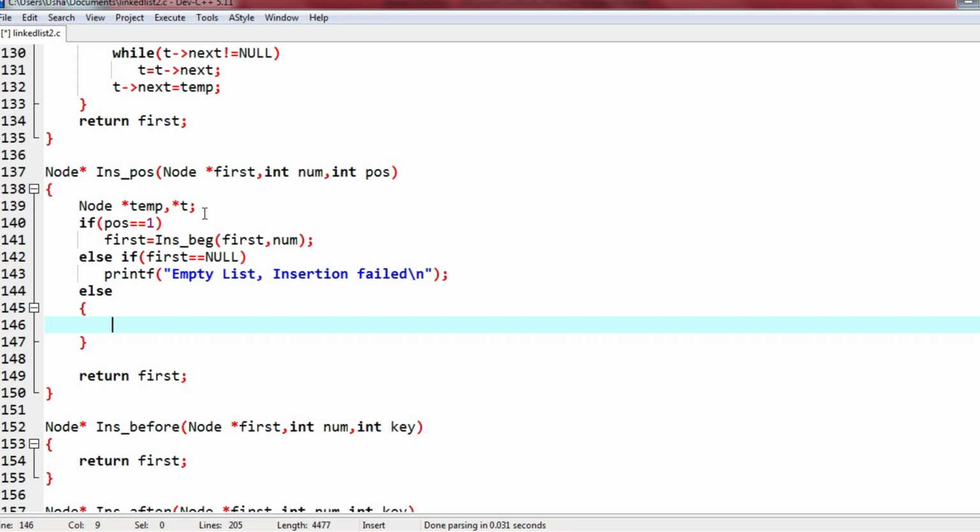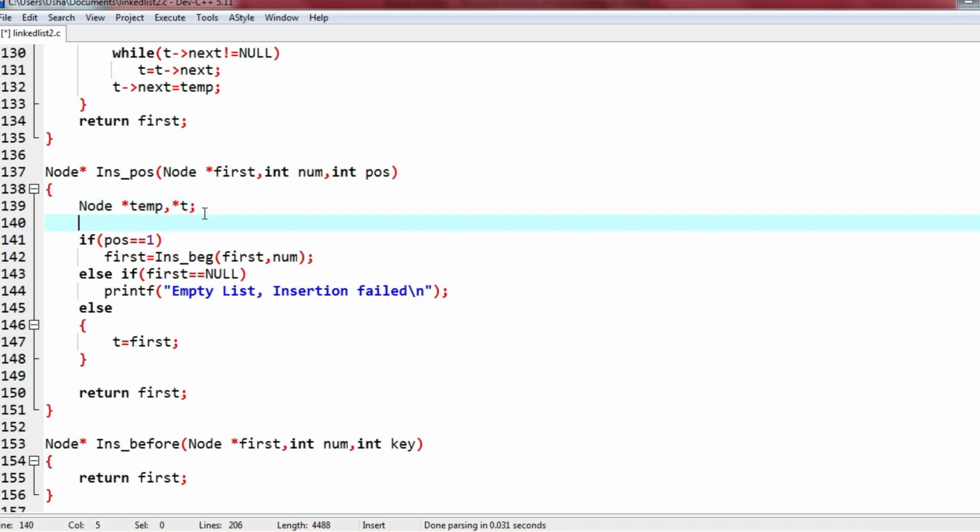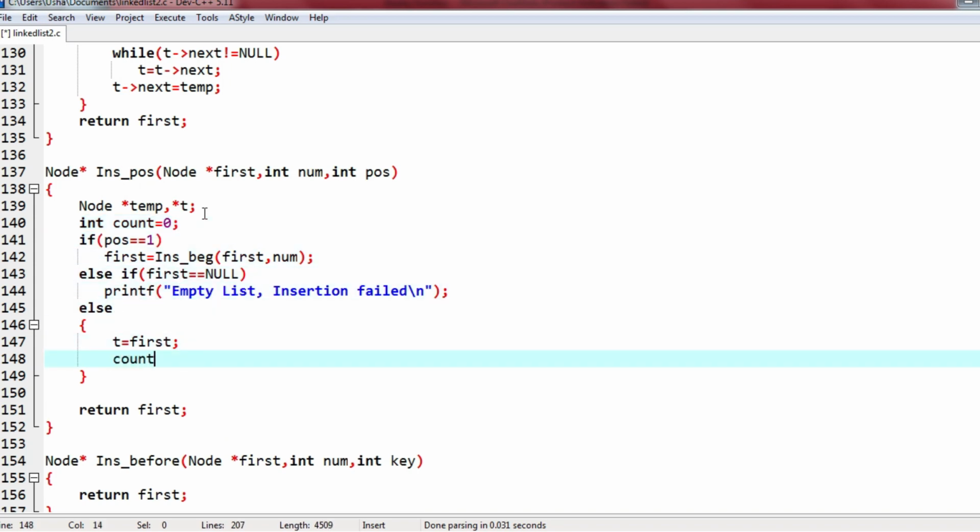For this, we will take t equals first, where I have copied the address of the first pointer. I will have one variable called count, which is made 0 in the beginning. Here t is equal to first and count plus plus, which means count is 1 now because we are counting the number of elements. So this is the first element.